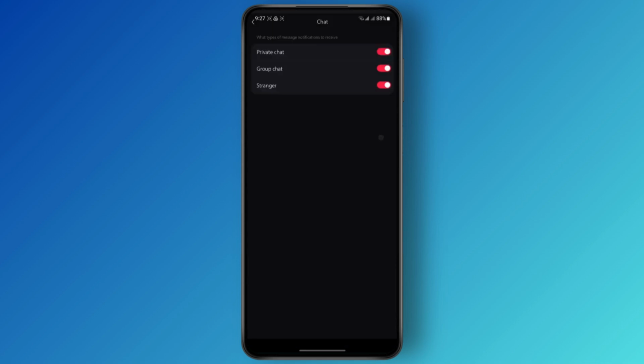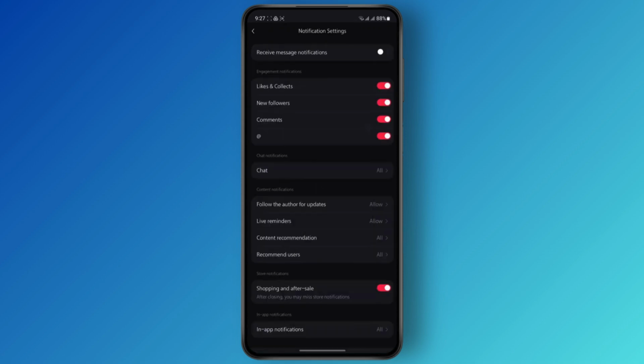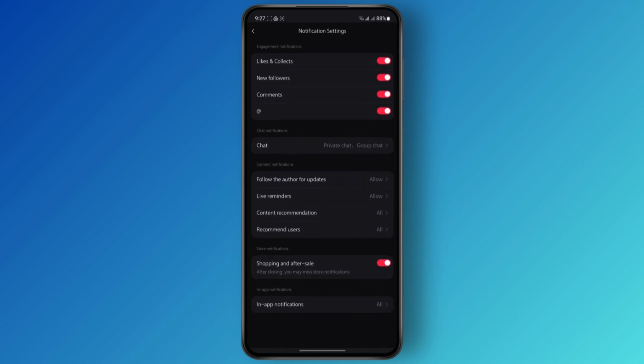For that, you first have to allow notification for the whole app, and you can toggle this off. And if you don't want any notification from strangers, you can toggle this one off. And if you don't want notifications from group chats, you can toggle this off. So this is completely up to you, and that's how you easily change your chat notification settings on the REDnote